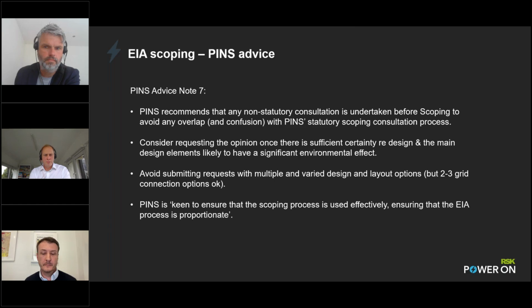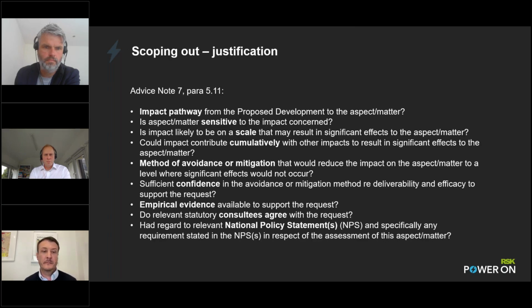So that's just a point that we can touch on in further detail. And then one final slide, which I suppose emphasizes the point I just made. The justification for scoping items out is included at paragraph 511 of the advice note, and that essentially sets out a range of questions that the promoter should go to in order to provide justification for scoping out, and I won't go through them in any great detail, but clearly demonstrating that there's a pathway between the proposed development and the relevant matter,